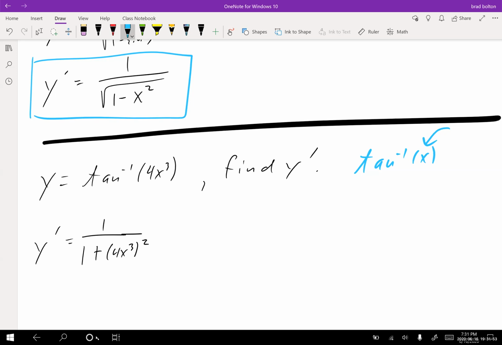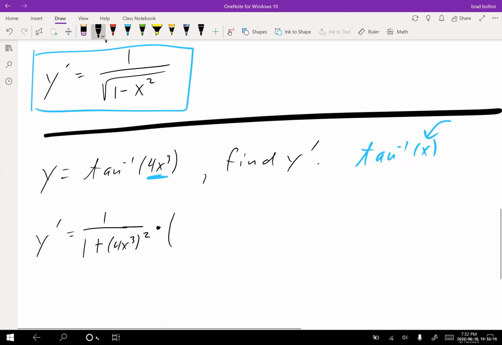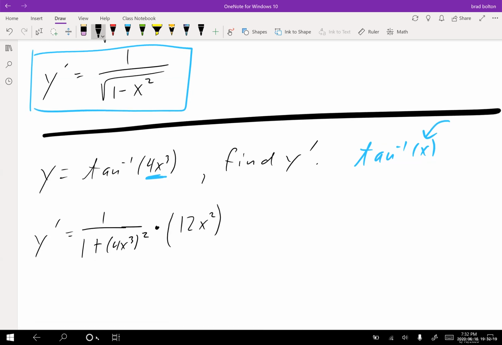When you're trying to undo the chain rule, you use U substitution. That works with undoing the composition of functions chain rule. So we have to multiply this by the derivative of whatever the inner function is. In this case, the inner function was 4x cubed. So what's that derivative? That would be 12x squared over 1. I'll just write it as 12x squared. So then our final answer is y prime is equal to 12x squared all over 1 plus 4x cubed